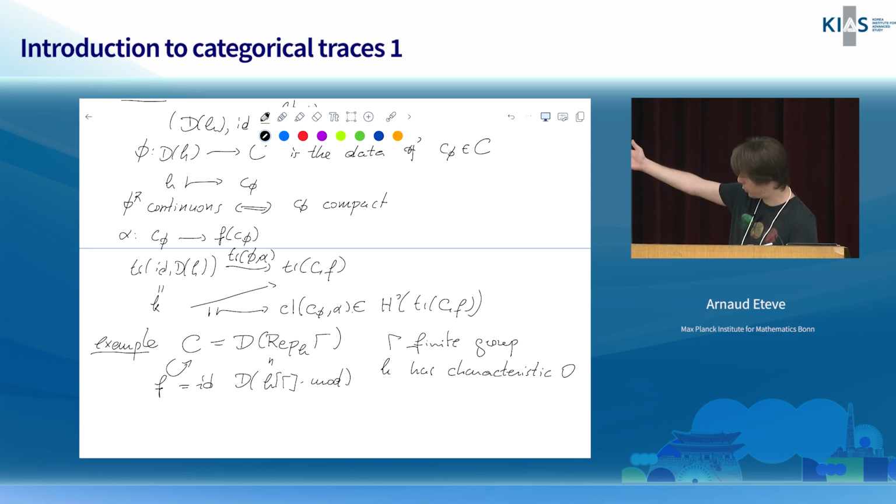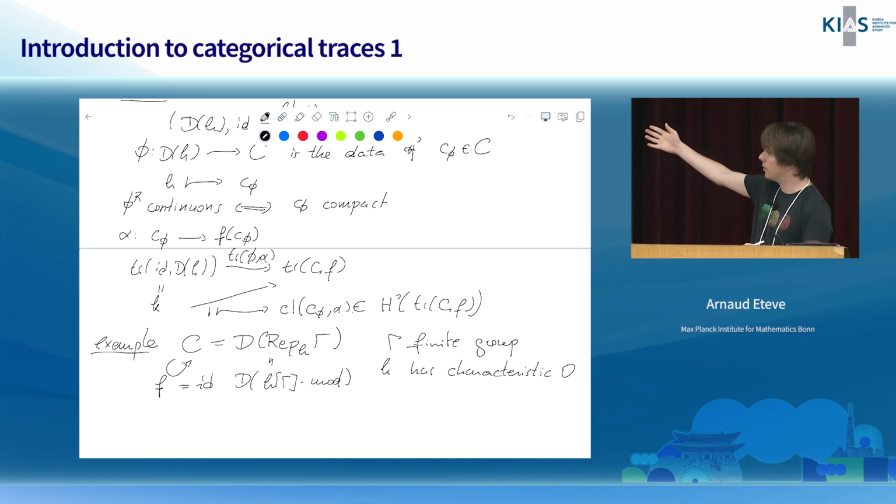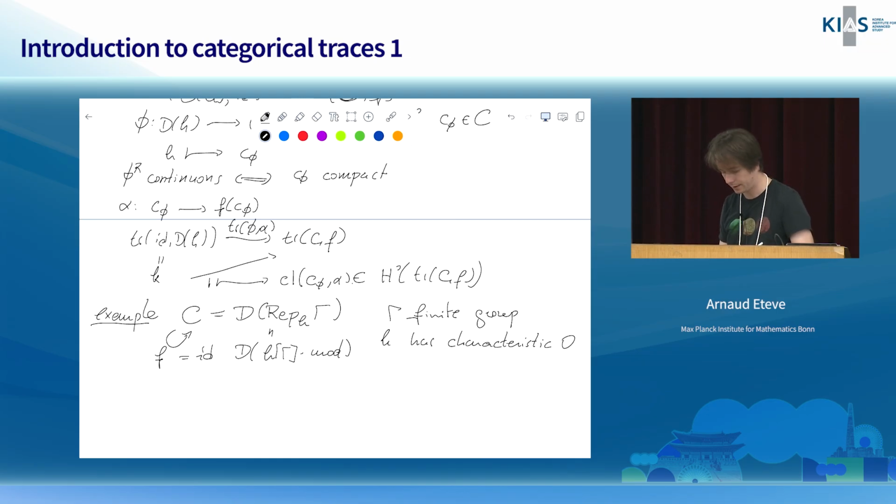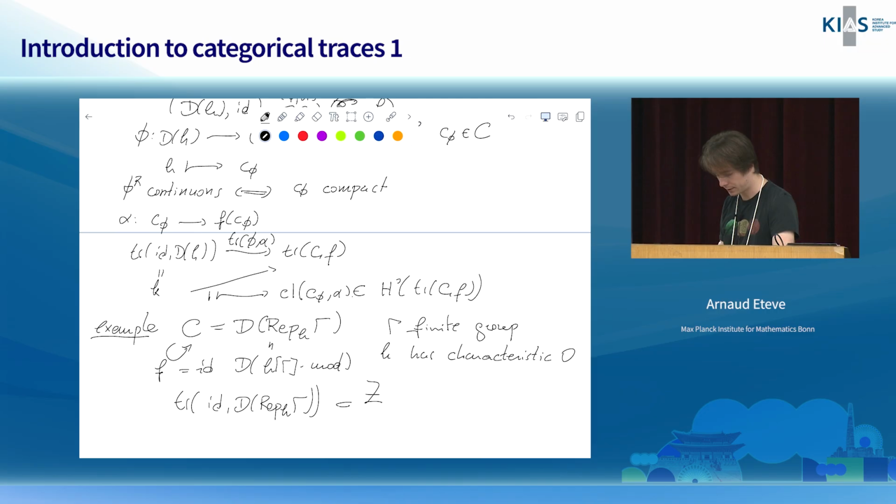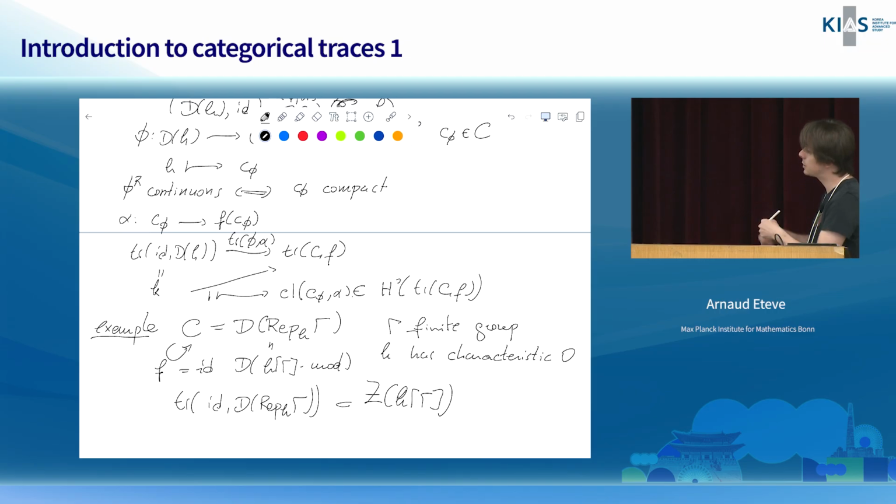So I've already told you how to compute this. It's the Hochschild homology of this thing. And the semi-simplicity basically tells you that there is only a unique Hochschild homology group that is non-trivial, and it's the 0th one. So what is this thing here? It's a complex of vector spaces concentrated in degree 0, and turns out to be isomorphic to the center of K[gamma]. So it's just the space of characters of representations of gamma.